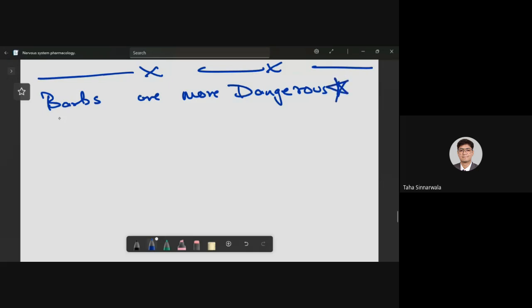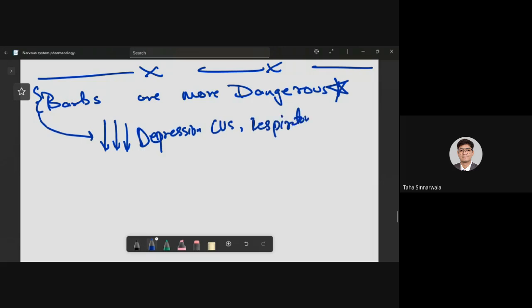I was saying that the most important thing to remember to differentiate between benzodiazepines and barbiturates, except for the duration and frequency, is that barbiturates are more dangerous. And why are they dangerous? Because barbiturates can cause a massive depression of the CVS and the respiratory system. So much so